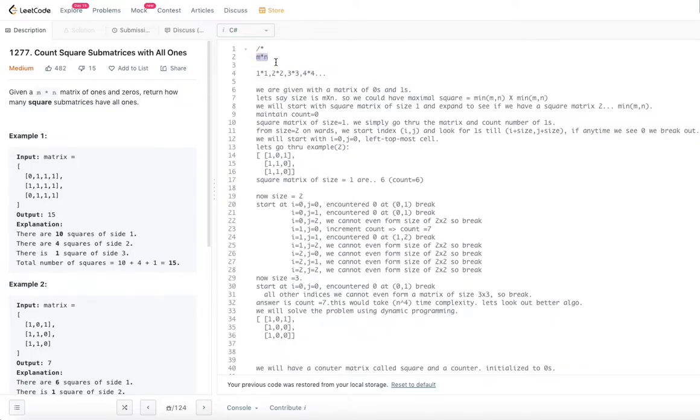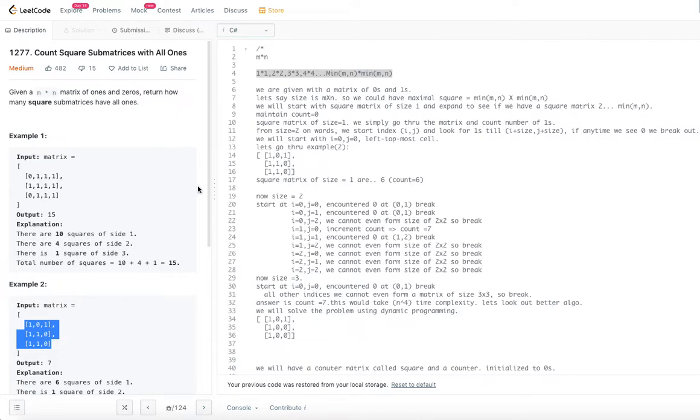This will go on till minimum of m comma n by minimum of m comma n. However much the minimum of m and n is, that many sizes of square matrices are possible. In this case it happens to be a 3 by 3 matrix.